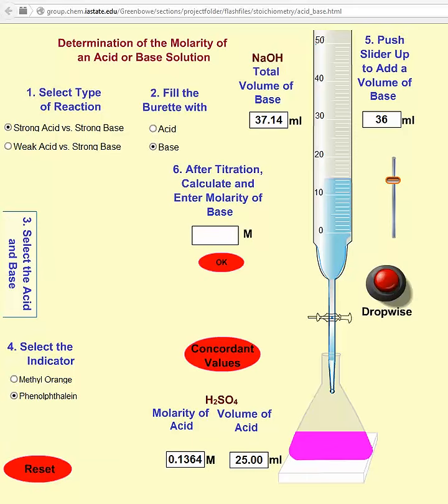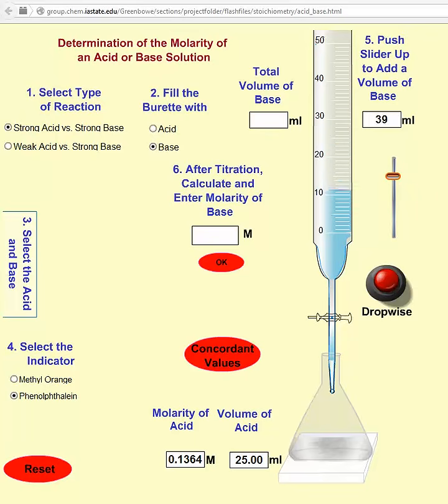In other words, this is going to be my rough amount, which will be indicated on my data table. I need to use the same values again, and therefore do not click on reset. Click on the concordant values. When you do so, it will fill it all up for you. The concentrations and the volume in the conical flask remain the same, but you're now allowed to do the titration a second time. I know that 37 was a little bit too much, so I'm going to add very quickly